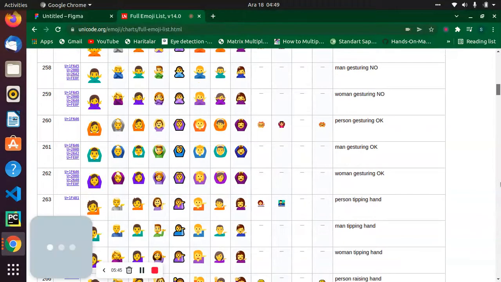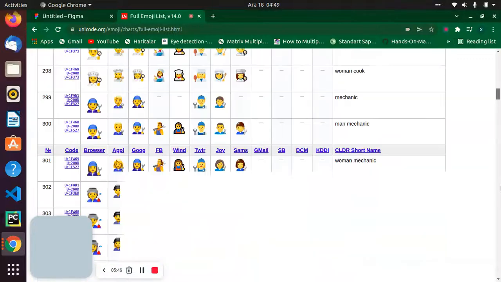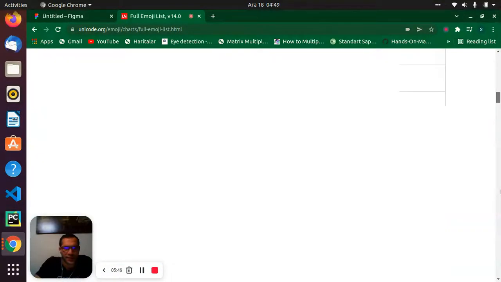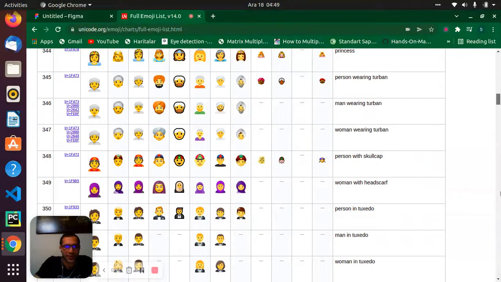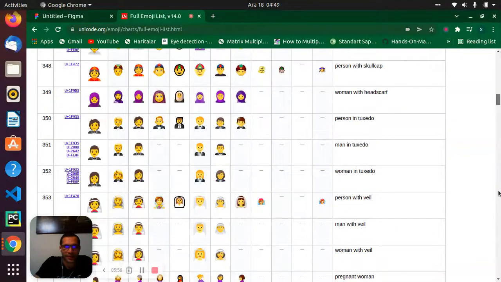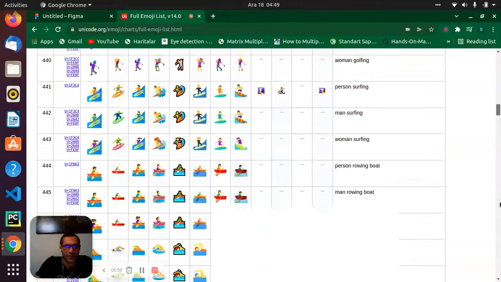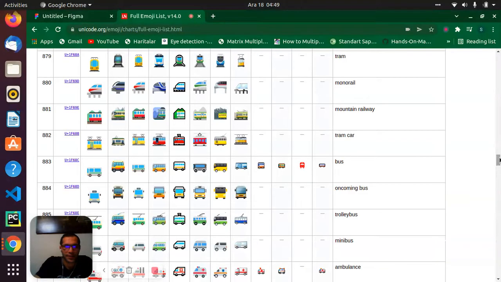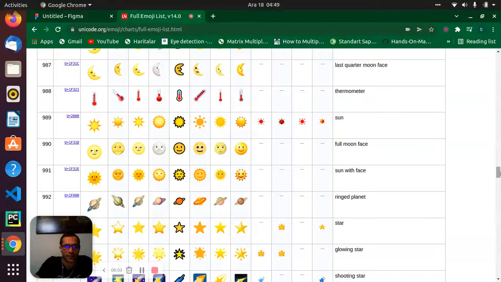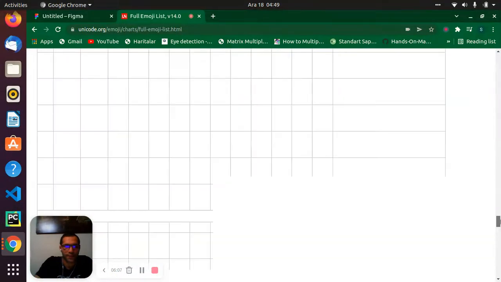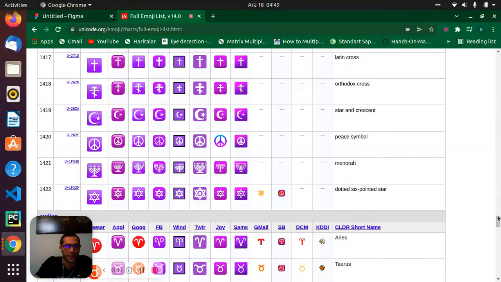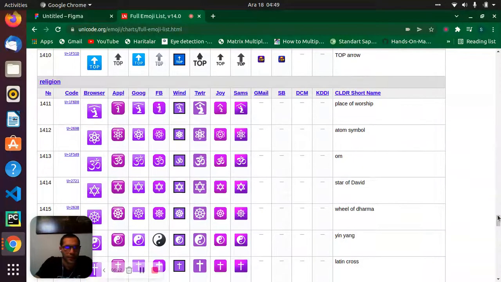Lots of things here. Maybe you haven't seen them on your phone too. You can check all these emojis here. We will look at what we need from here.